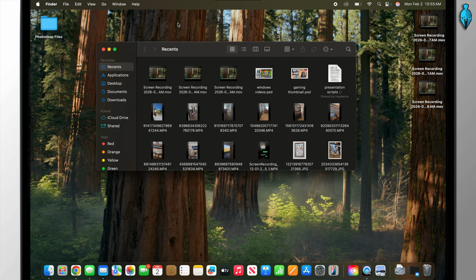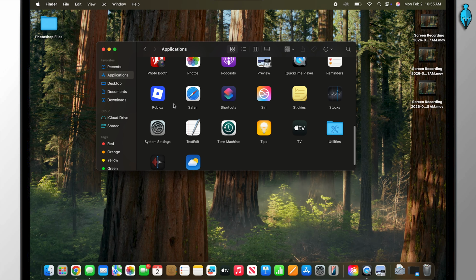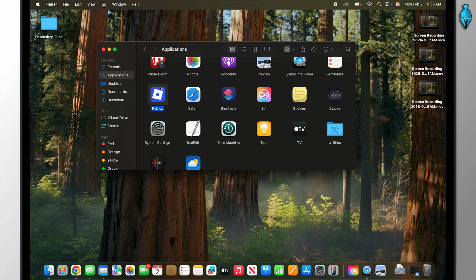From here, go ahead and go to Applications directly, which is going to be on this left-hand sidebar, by selecting Applications. And then once Finder is open and you have the Applications tab opened up, you're going to see all of your apps currently installed on your Mac. Go ahead and scroll through, find the app that you want to delete, or just search for it. Let's just pretend I want to delete Roblox for this video,